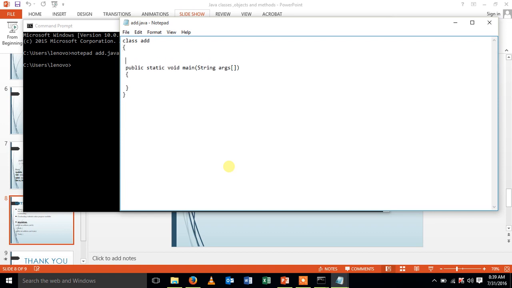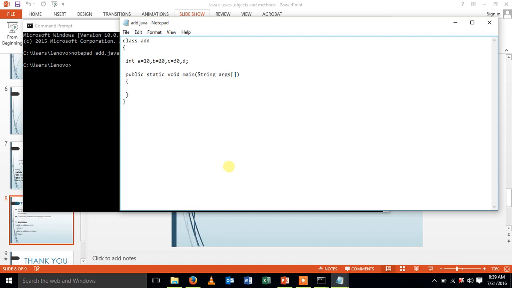Let me create my attributes: int a is 10, b is 20, c is 30. Let me create a dummy variable d, in which I'm going to store my values.